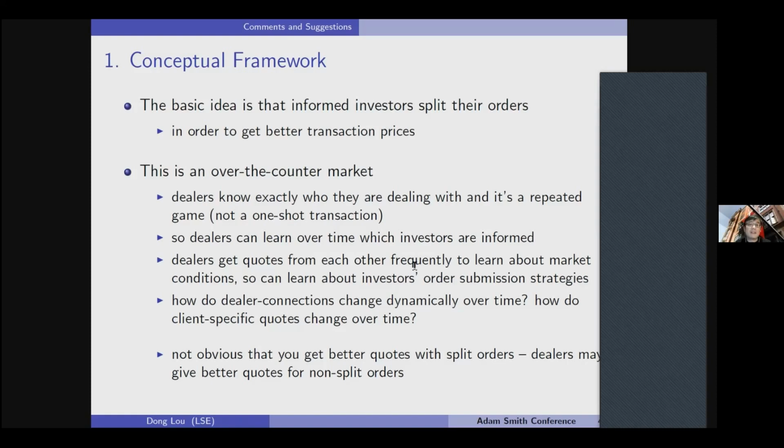Moreover, the dealers constantly talk to each other, right? Through pinging. They get quotes from each other. They talk to each other on a second-by-second basis to learn about the market condition. So in some sense, they can also learn about investors' order submission strategies. Here's what I mean. Let's say Rentec splits its orders into 10, 20 different pots and then sends them to 10, 20 different dealers. Every dealer is going to change